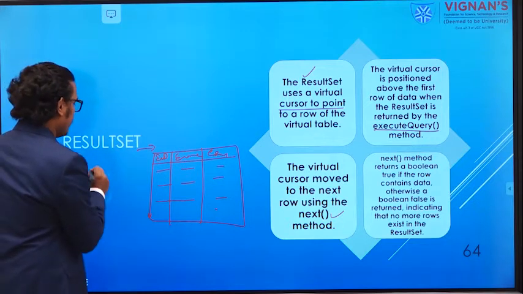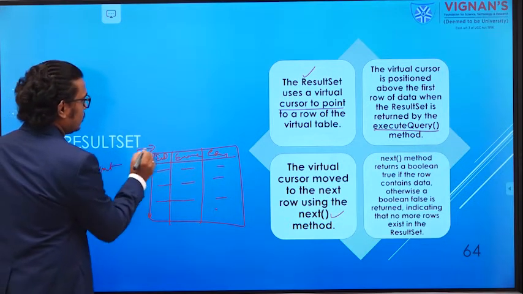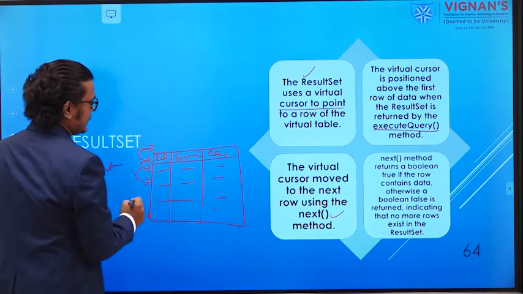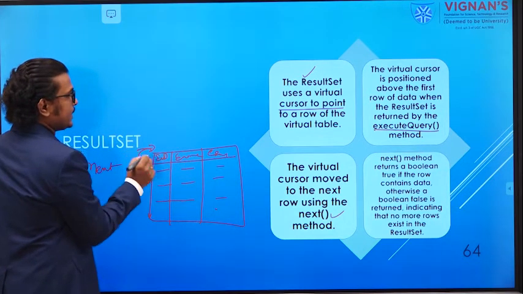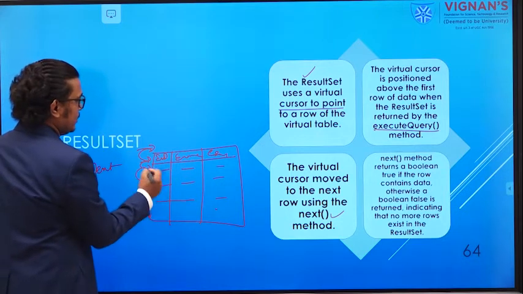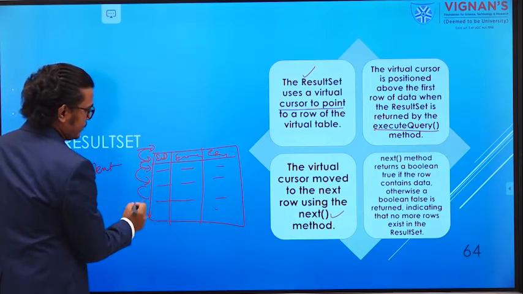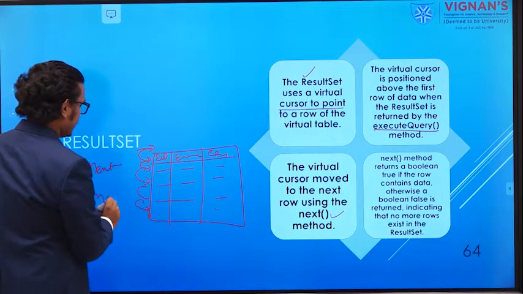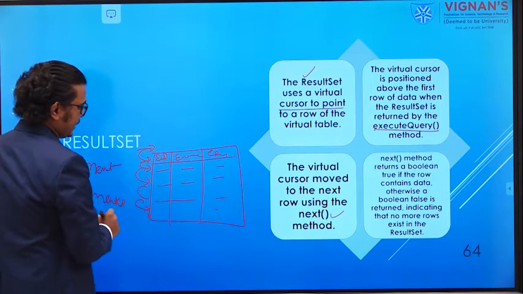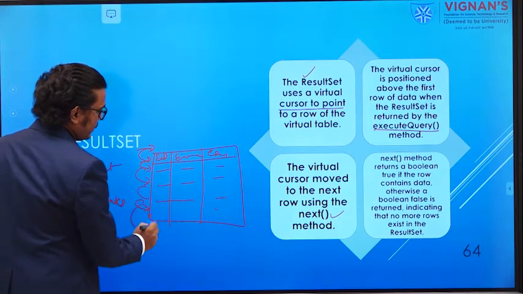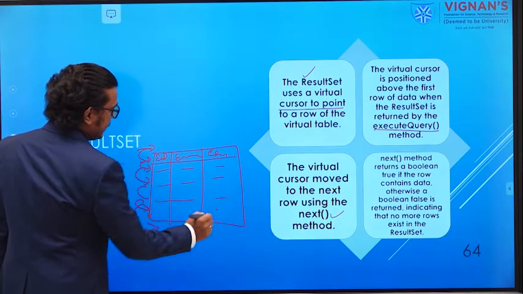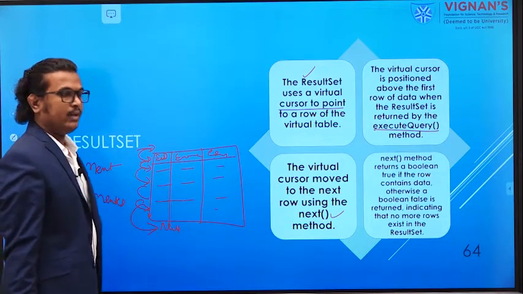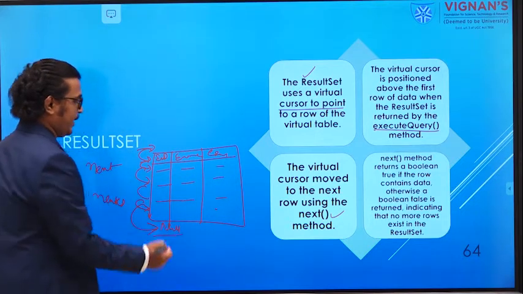Because if you use the next method, it will go to the next line. When you come to the last line and use the next method, it will go to the next line, but there is no information there, so it will return null.